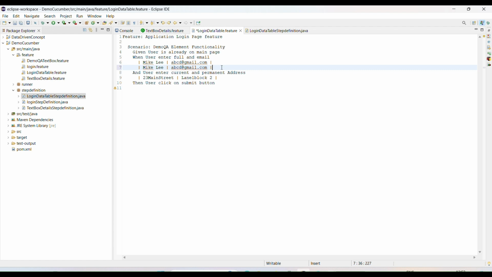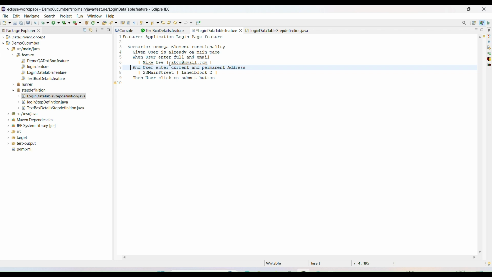You understand my point? If you want to enter multiple sets of data, use the concept I'm going to discuss today, data table as maps. But if you use a single unit of data, you can use a list also.